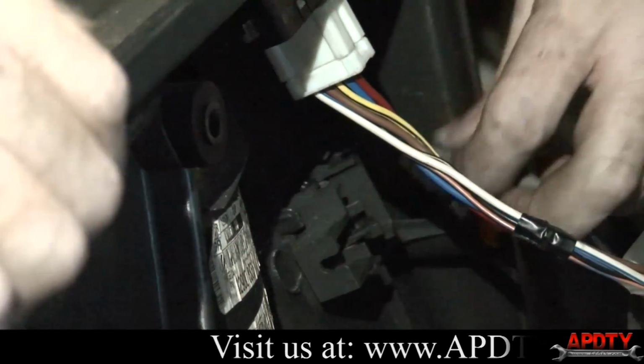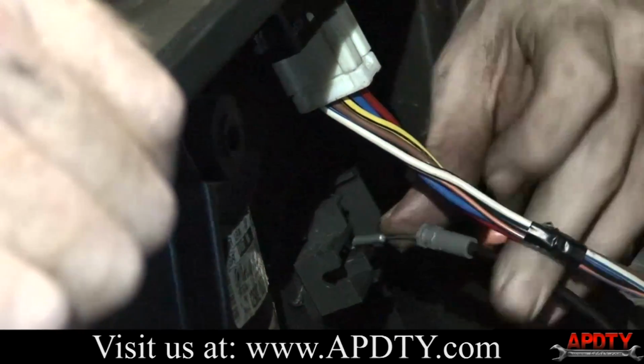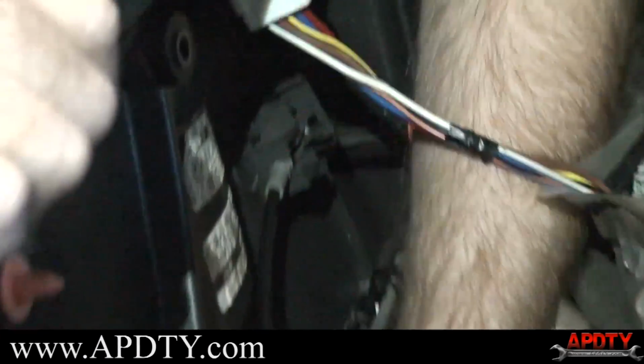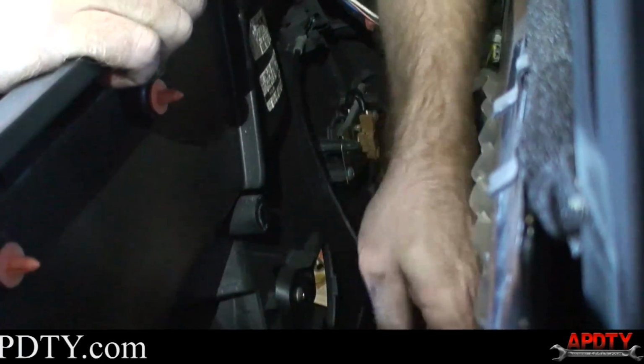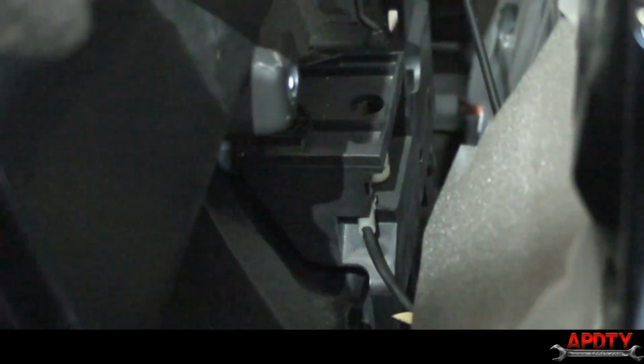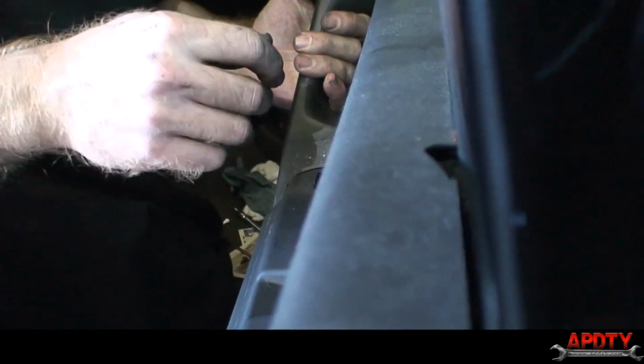All right, first we're going to get our lock cable on. What that does, that just snaps onto there and then like so. As for our door latch cable, what you do is line up this little ball with that hole, and then that snaps back to its housing. Like that. All right. So now we go ahead and line up our door panel,